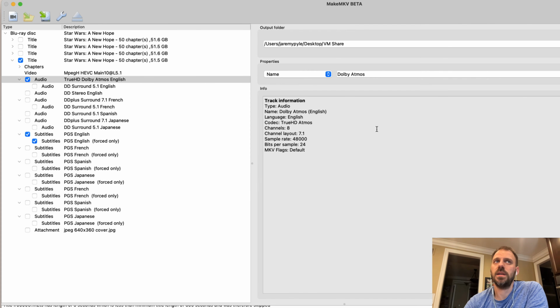If it's DTS:X, I type DTS:X. If it's a non-immersive DTS, I'll say DTS-HD MA 5.1 or 7.1 or 2.0. I like having that because it allows me to quickly inspect the contents of the MKV file, or if I'm watching it on an Apple TV or whatever device, the name of the audio track shows up